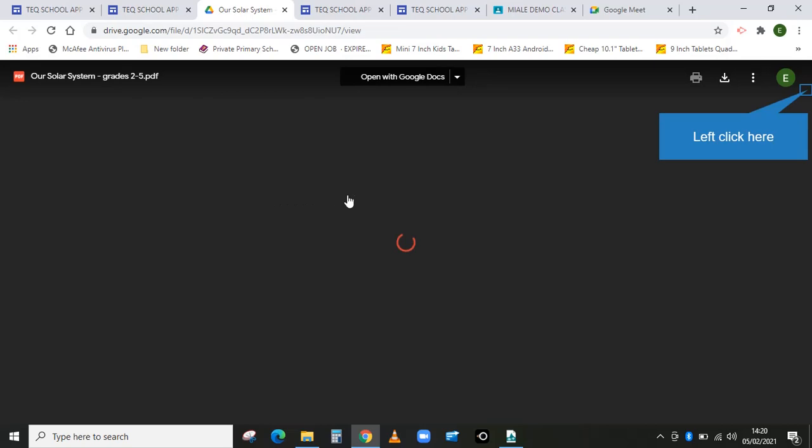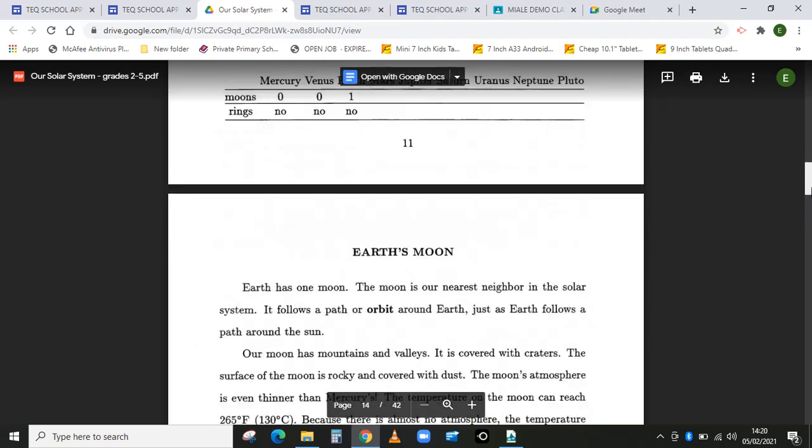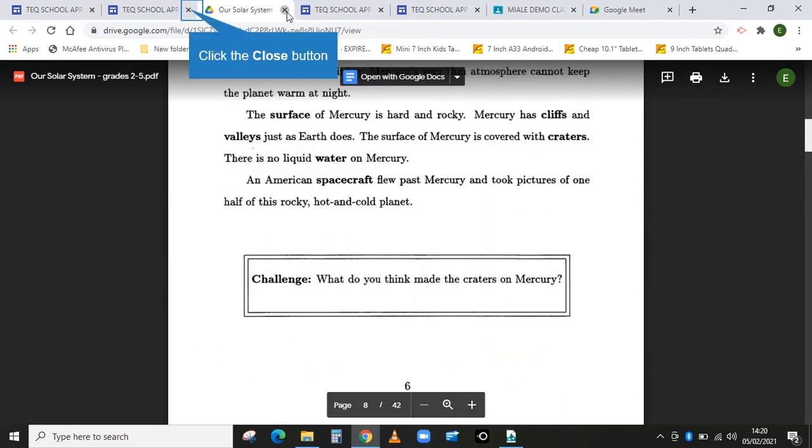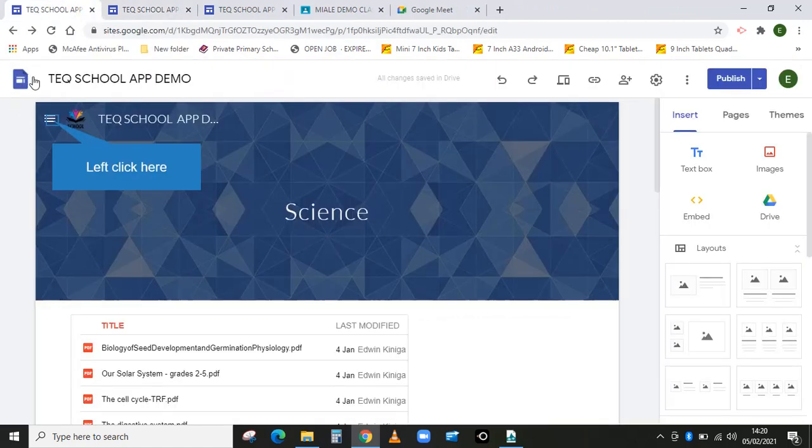So we can even test one and see. It will just upload that ebook. So you can have ebooks of any kind and just make them available for your students, and that would make it a very good, easy way of accessing content. So we'll go to our next